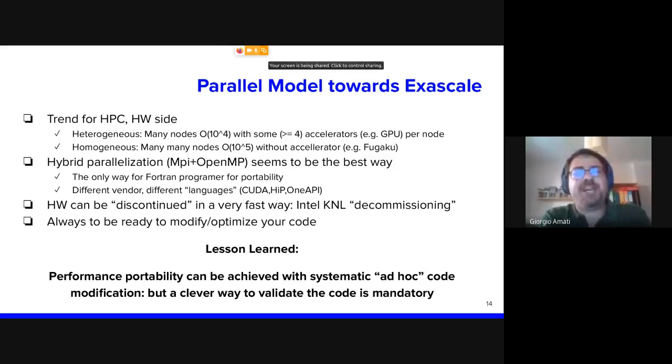You have to be ready to change the code according to the machine that you have to run on. So performance portability can be achieved, but it is a little bit expensive. You need systematic ad hoc code modification. This means that one important thing is to have a clever way to validate the code, because you probably have many times to start again to verify that everything is fine. And this is a very time-consuming operation. So if you get ready with some procedure to check the quality of your results, you can reach a sort of